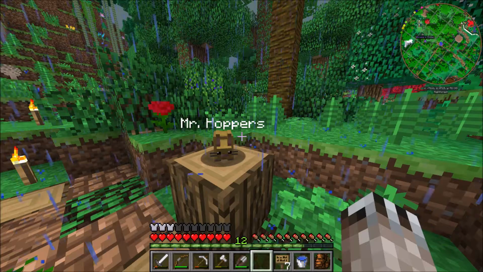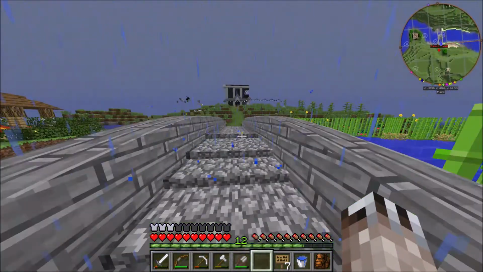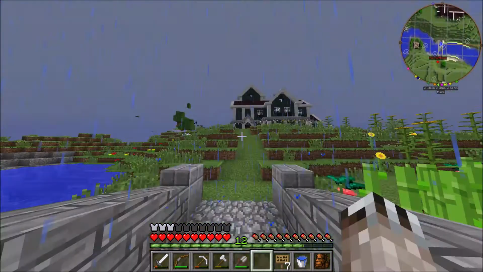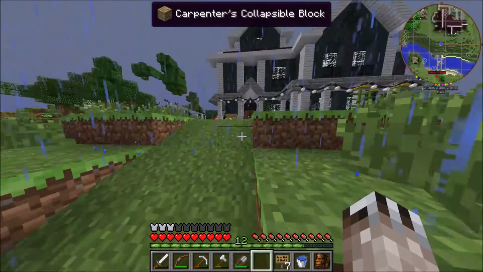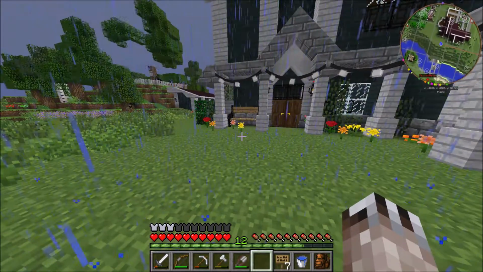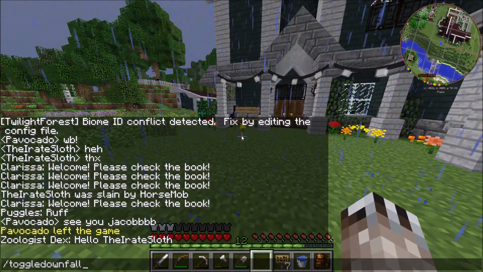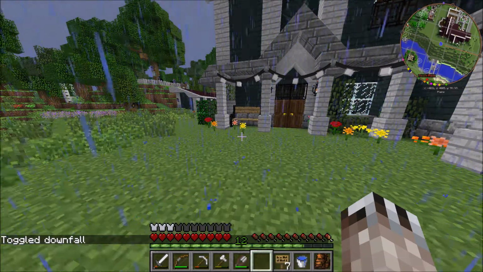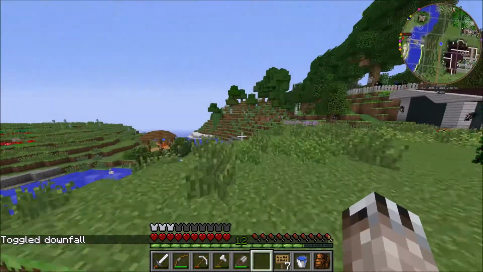So let's go to Parvo's. And he just logged off. I don't think he has a mailbox either. I could be wrong. What was that? Okay, it was a light. Do you know what? Don't mind me, but it's making me lag. So toggle downfall. And there we go, that should be better. So yeah, I don't think he has...